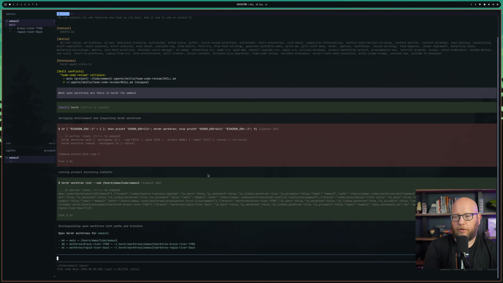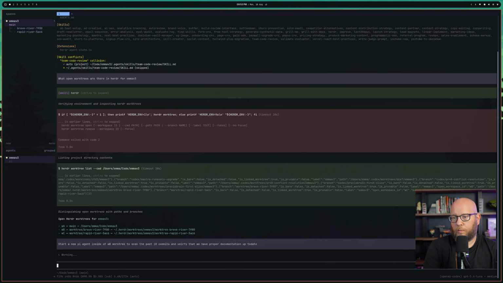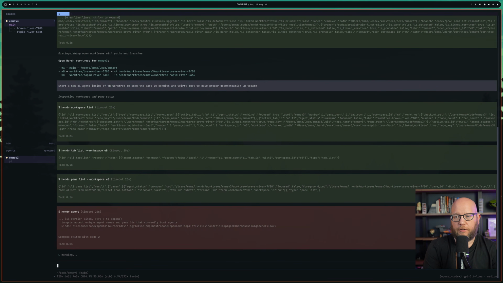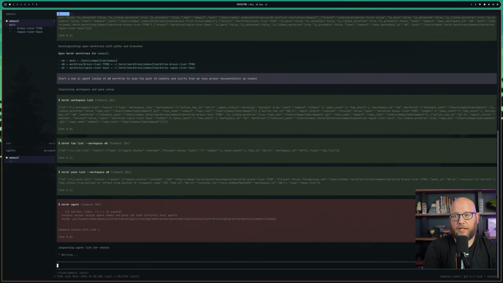So we can see here that there are 3 different. WA is the main one, WB is Brave River, and WC is Rapid River. So I'm going to go ahead and instruct it to do something and spawn an agent inside of there. Start a new Pi agent inside of WB work tree to scan the past 10 commits and verify that we have proper documentation up to date. So that should then cause the Pi agent here to spin up another Pi session